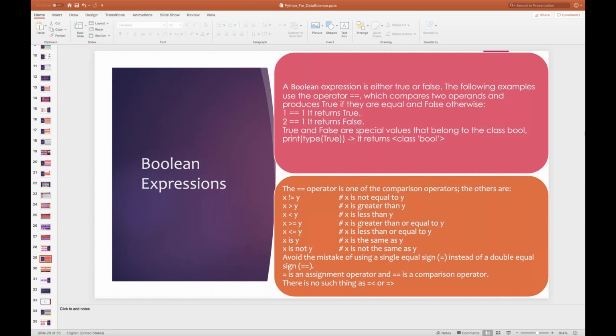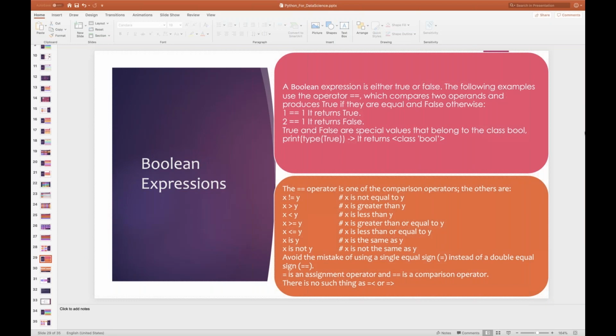In this process, you must avoid the mistake of using a single equal to sign instead of a double equal to sign. I repeat, avoid the mistake of using a single equal to sign instead of a double equal to sign. Perfect.